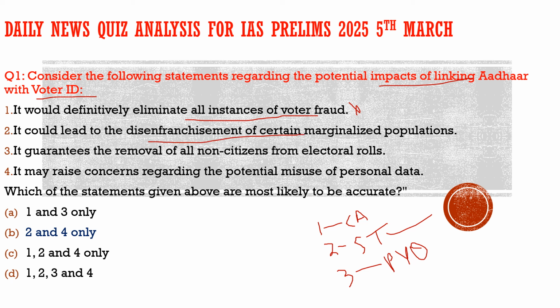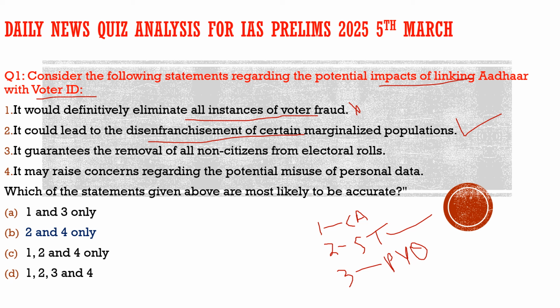100% correct. Linking Aadhaar with the voter IDs will definitely lead to disenfranchisement of certain marginalized population, because of the biometrics of the person. I'm giving an example of those working in labor, those working in agricultural lands: their biometrics get eroded after some time, because of their hard work,